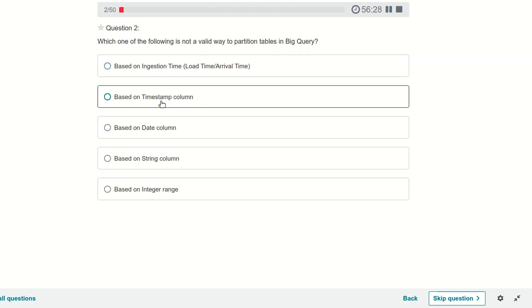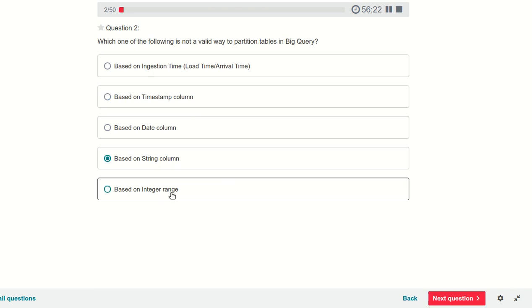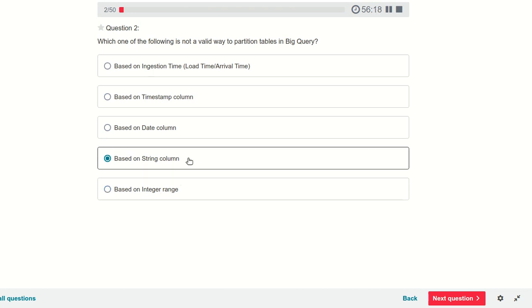Based on timestamp column, that is also okay. Based on date column, that is also okay. Based on string column, that doesn't look okay. Based on integer range, that is also a numeric field, so we can also do the partition. Generally on the string column we will do the clustering, not the partition. So string column could be the answer. We will see at the end what the correct answer is once all the 50 questions are complete, it will show us the result.